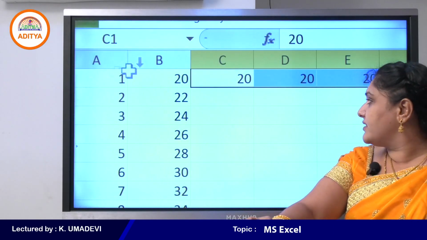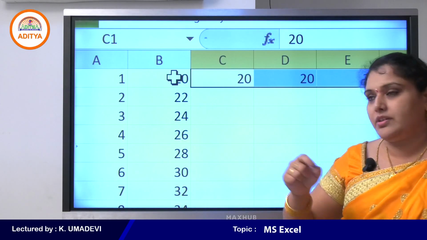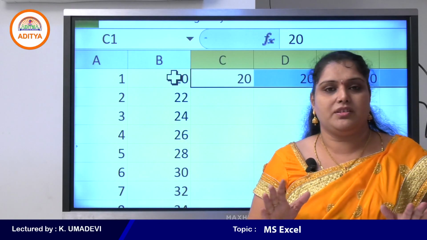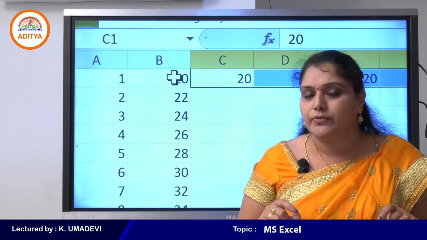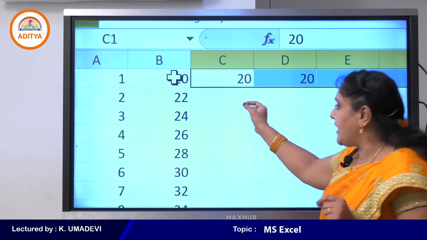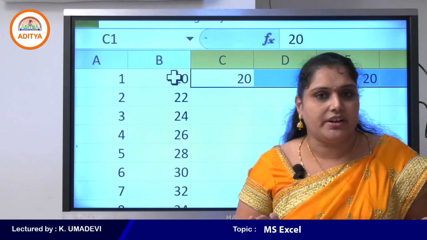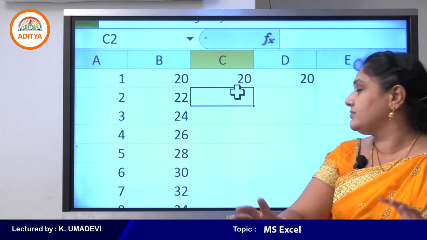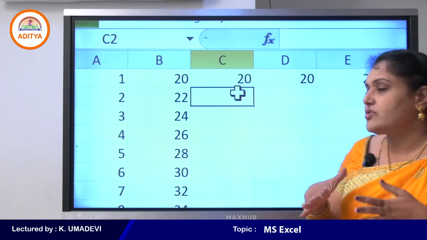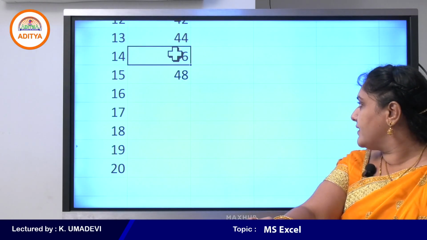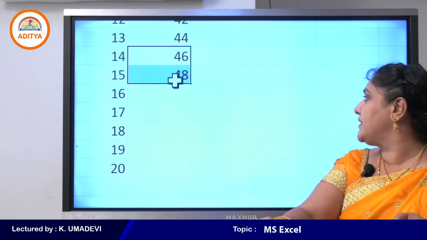Okay, so like this. So if you want to display a particular series, first enter the two numbers. Depending upon the pattern of those two numbers, the fill handle is used to auto complete a list. And next one, as we can autofill. This is called autofill. See, when you click and drag, again select the two numbers,